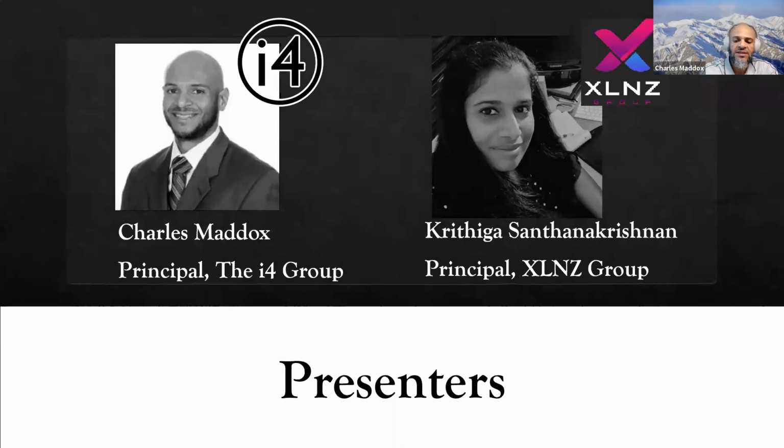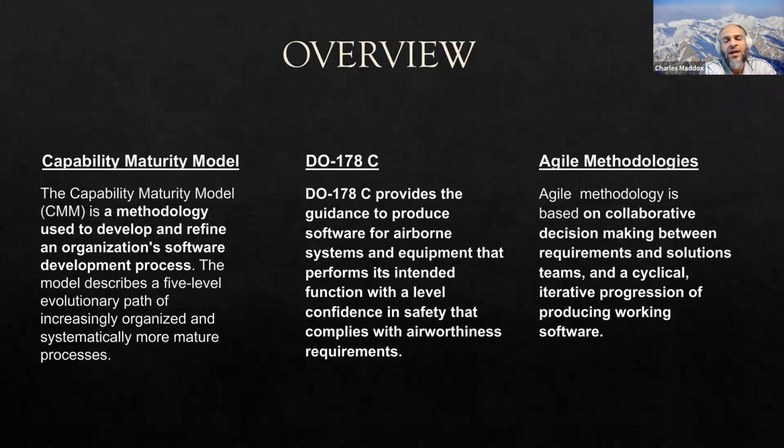So we're going to cover one aspect of it today, and give you an outline of the areas that we're going to cover: the capability maturity model, DO-178, and how it aligns with agile methodologies. If you recall the last webinar that we gave on this topic, we talked about the big picture. What are these particular areas of compliance, the capability maturity model, and what it asks for in terms of a process that you must maintain in terms of being a mature organization to even get a contract to build aircraft software. So you need to maintain some compliance level around that, as well as DO-178 is specifically designed for safety